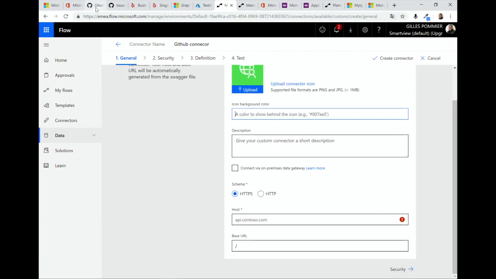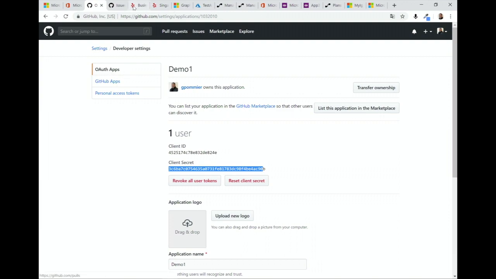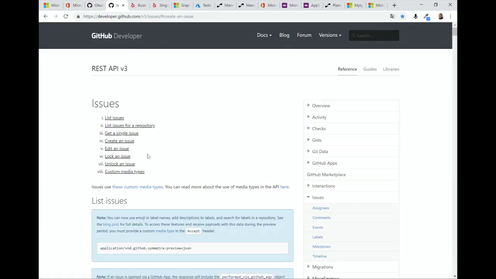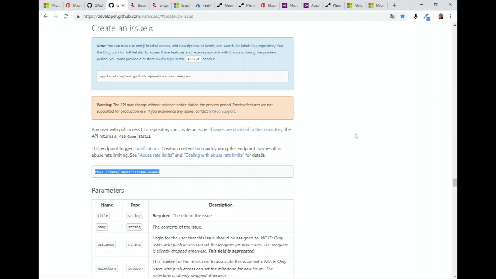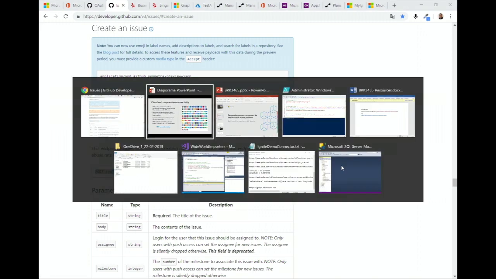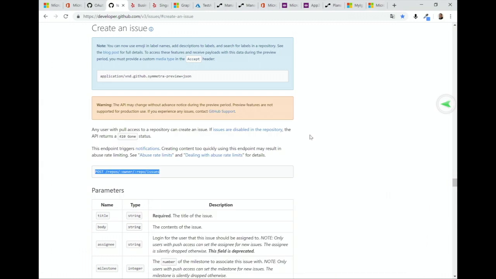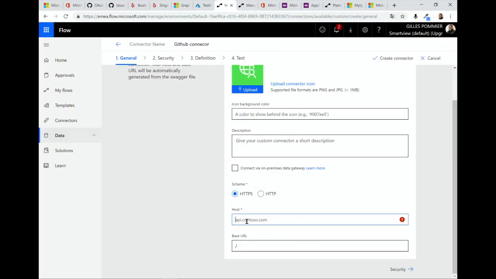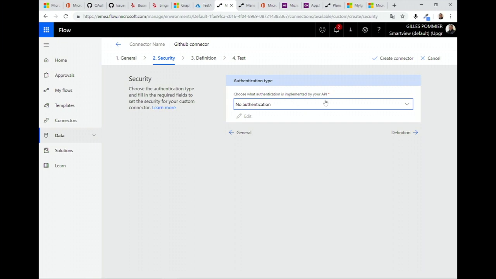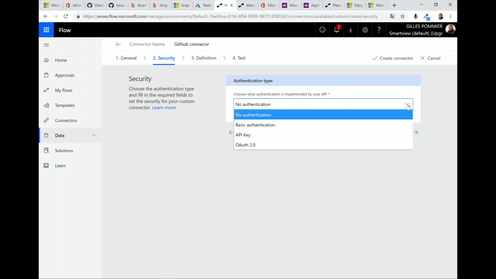So if I go back to my OAuth, like this, and to my create an issue, okay, so it is api.github.com, like this.